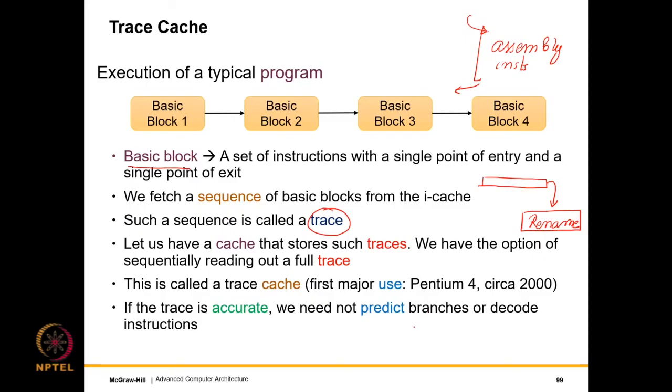We can think of a trace cache as a box of noodles, where essentially every strand is a trace. It's a box of chow mein. So essentially we pick out one such strand and slurp it out. In the same way, we read out an entire trace and give it to the pipeline.